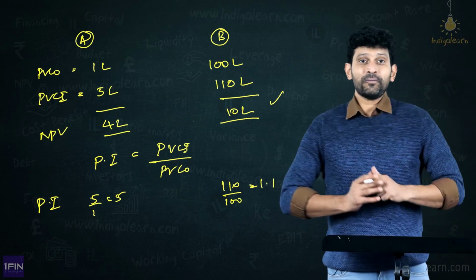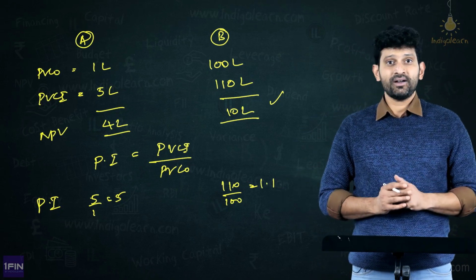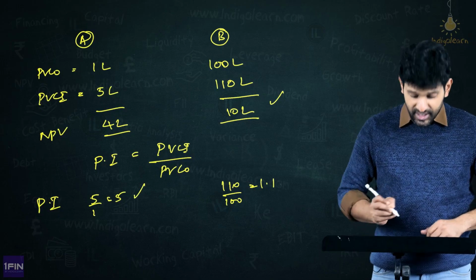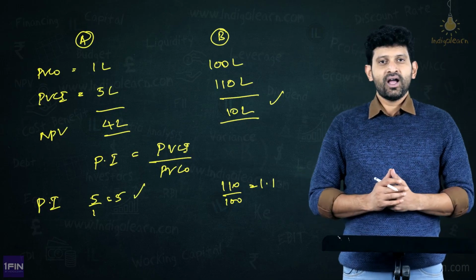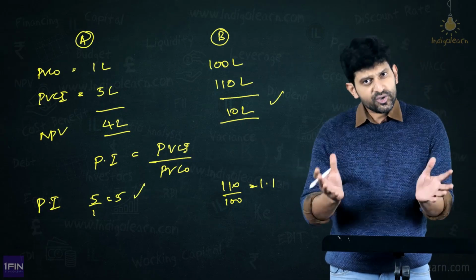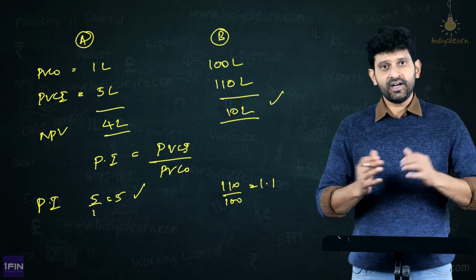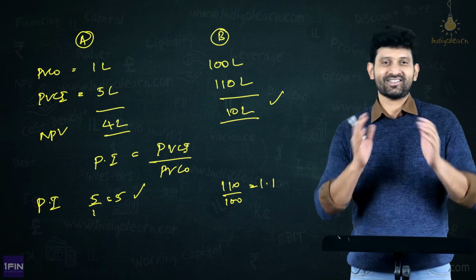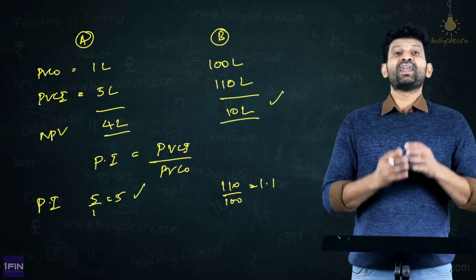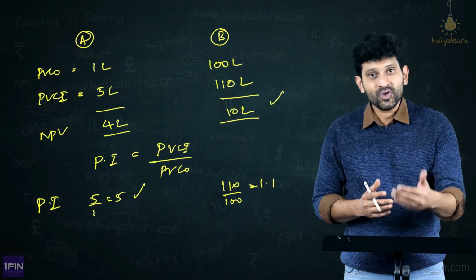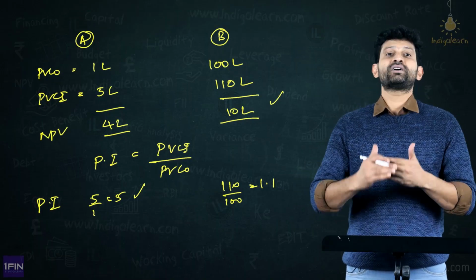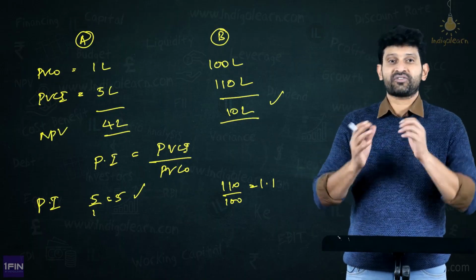Therefore, with respect to profitability index, you now say project A is much better than project B. Now, should we always use profitability index as a measure or tool to decide? No, sir. There are various cases based on which we will have to decide. Now, what are those cases? For that, we will have to move to the next concept in decisions of capital budgeting,